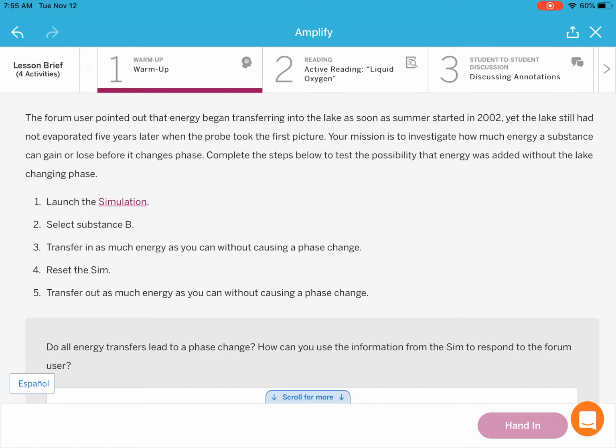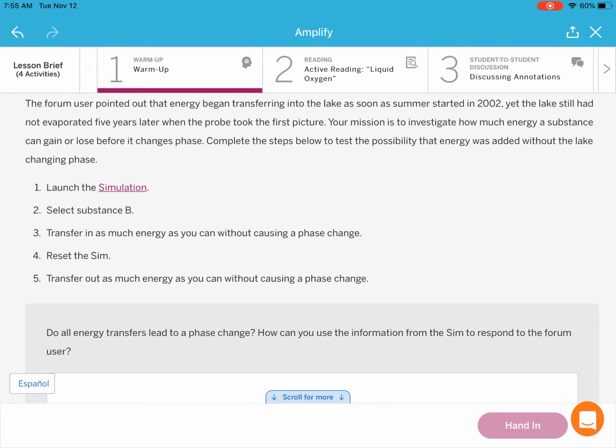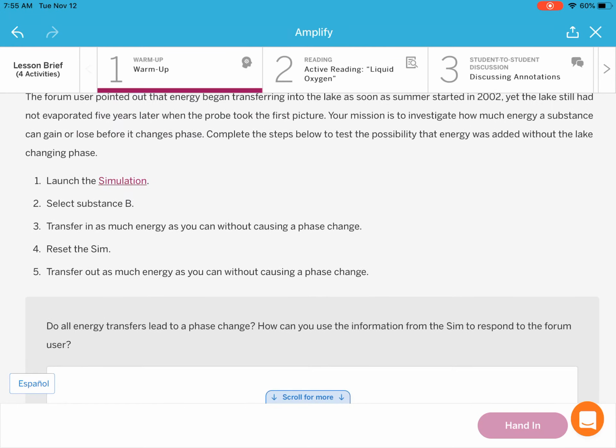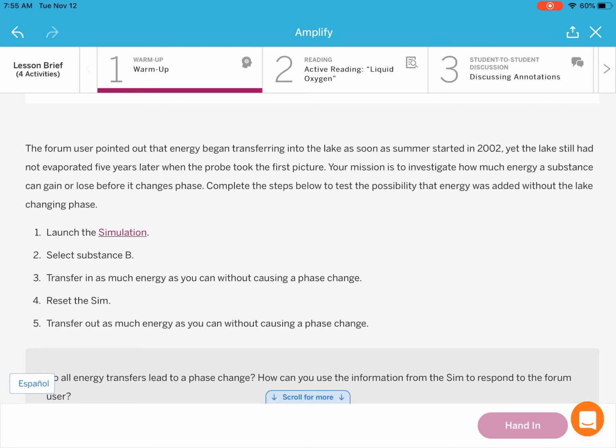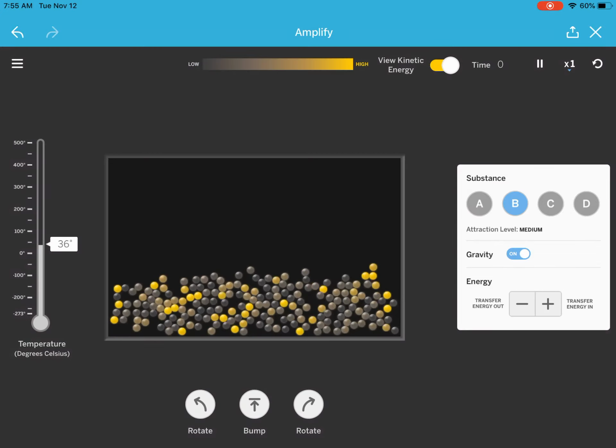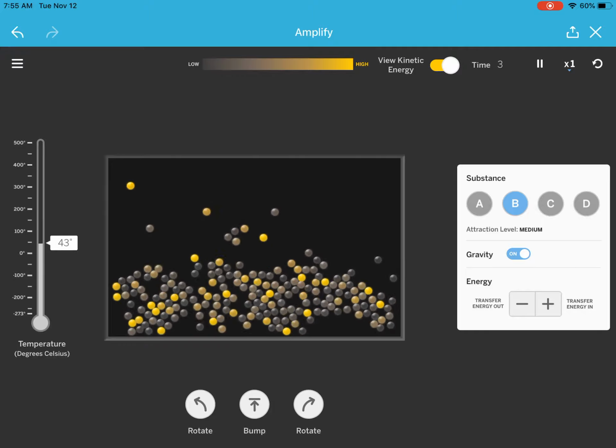Okay, and then it says to transfer as much energy as you can without using phase change. Reset the sim, and then transfer it out without using the phase change. And then our question is, do all energy transfers lead to a phase change? And then how can you use the information from the sim to respond to the forum? Remember, the forum is our investigation that we had from the lady. So we had, again, play, in,